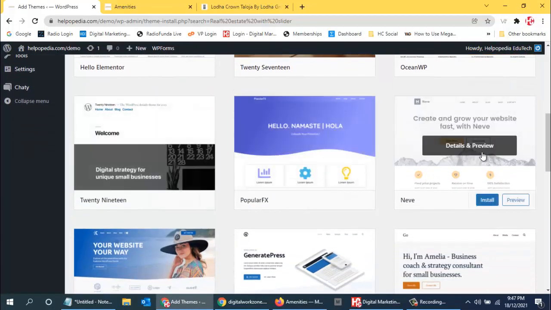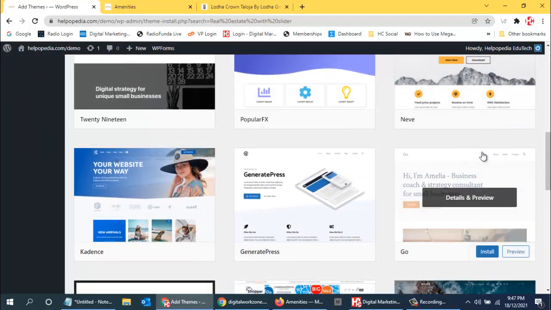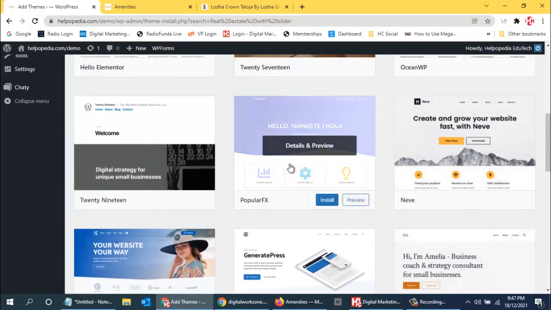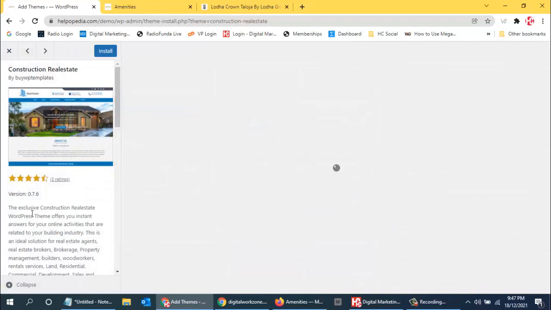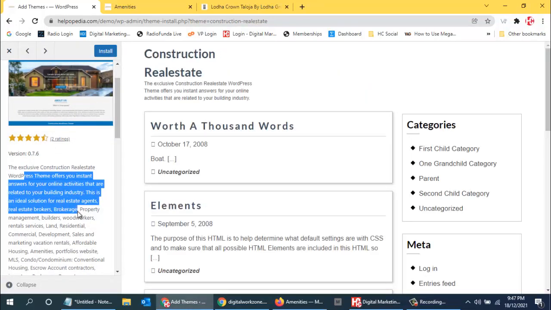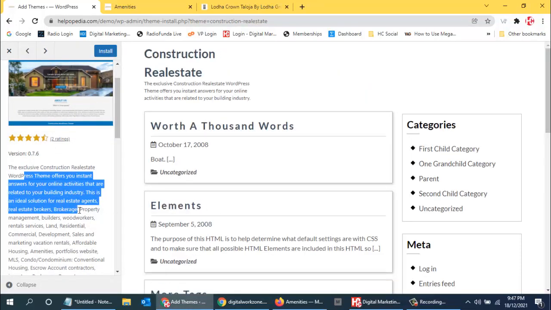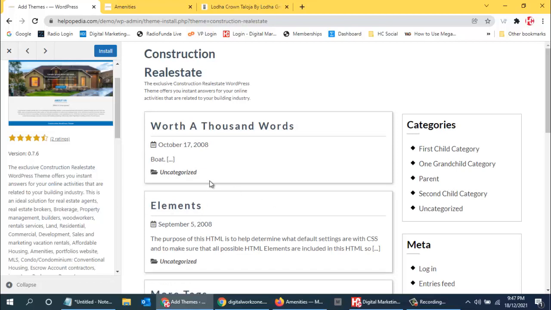You can just check the details. So here you can just read what are the things that are available in this. So then you will get to know what are the things that are there. Or else you can search on Google also.